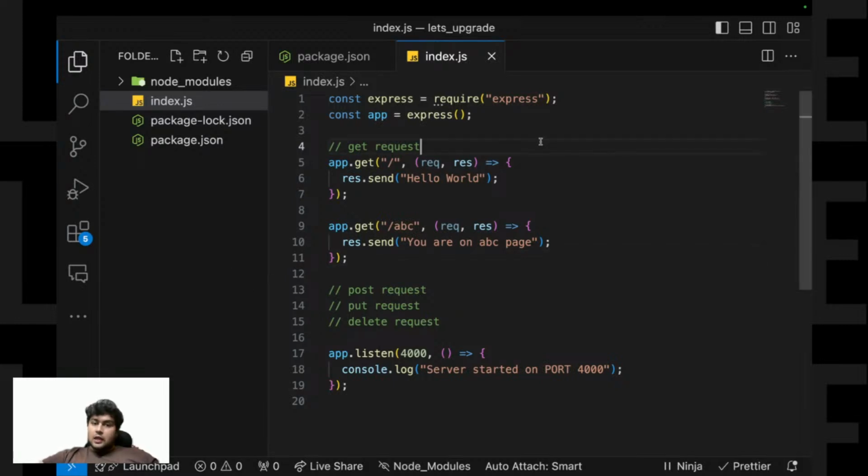Okay, so now, as I mentioned that I have written this, instead of writing the message over here, you can even create a function like this.